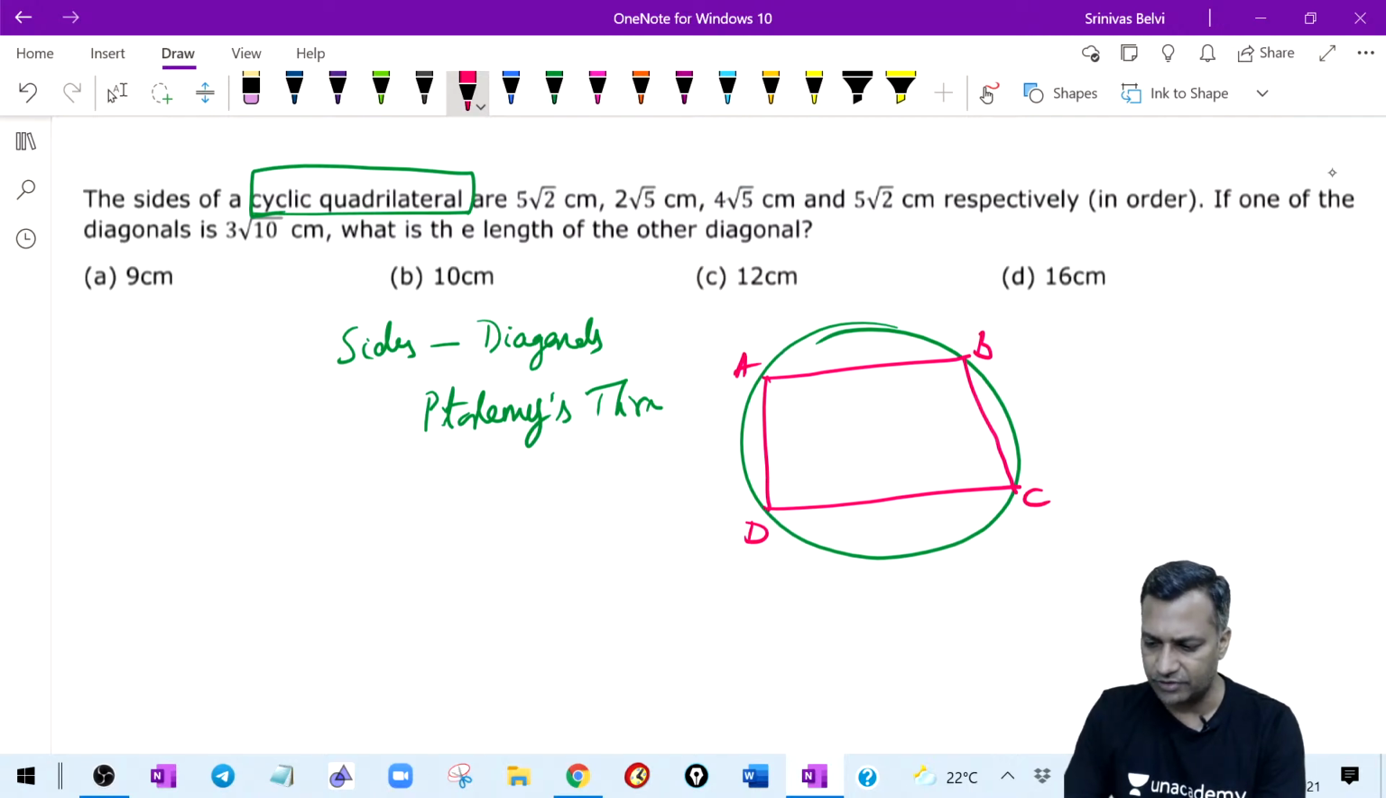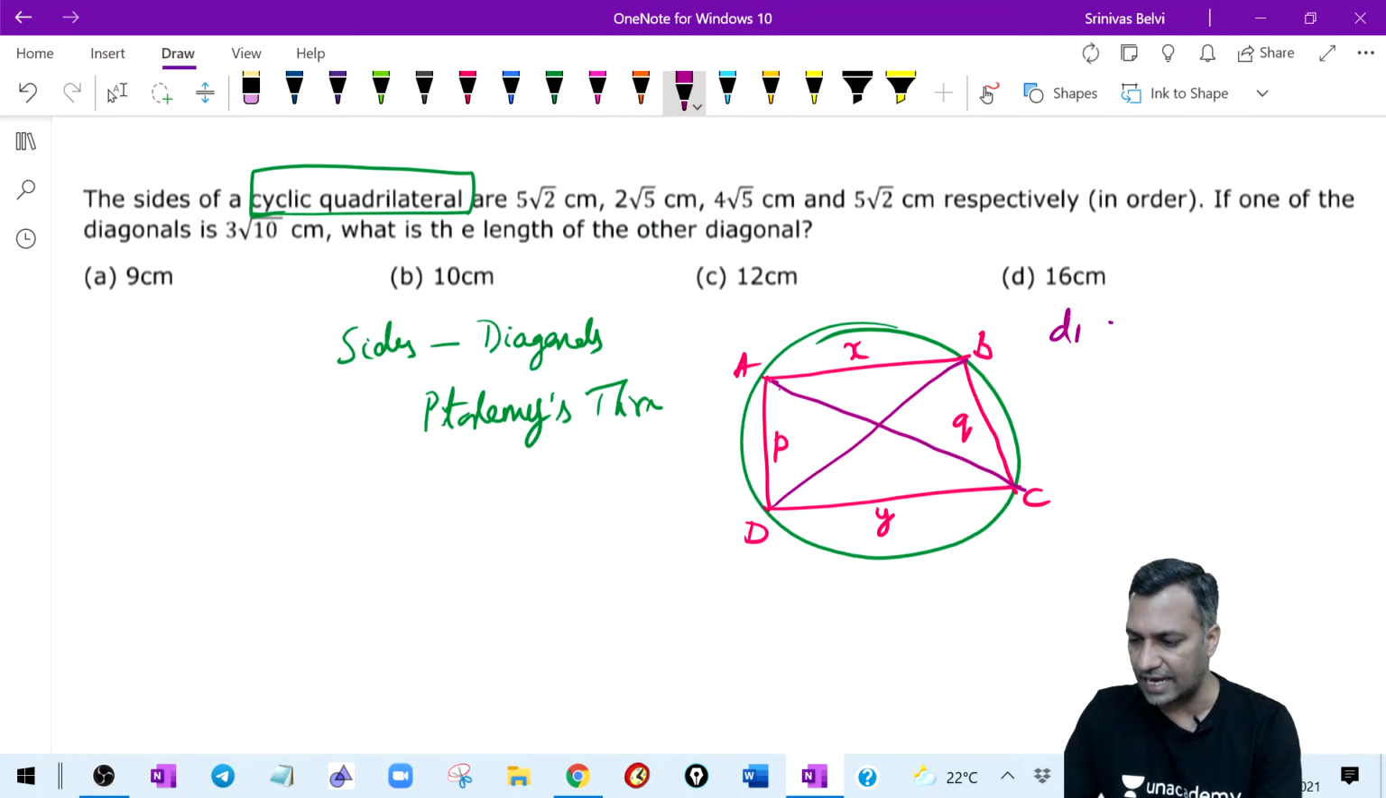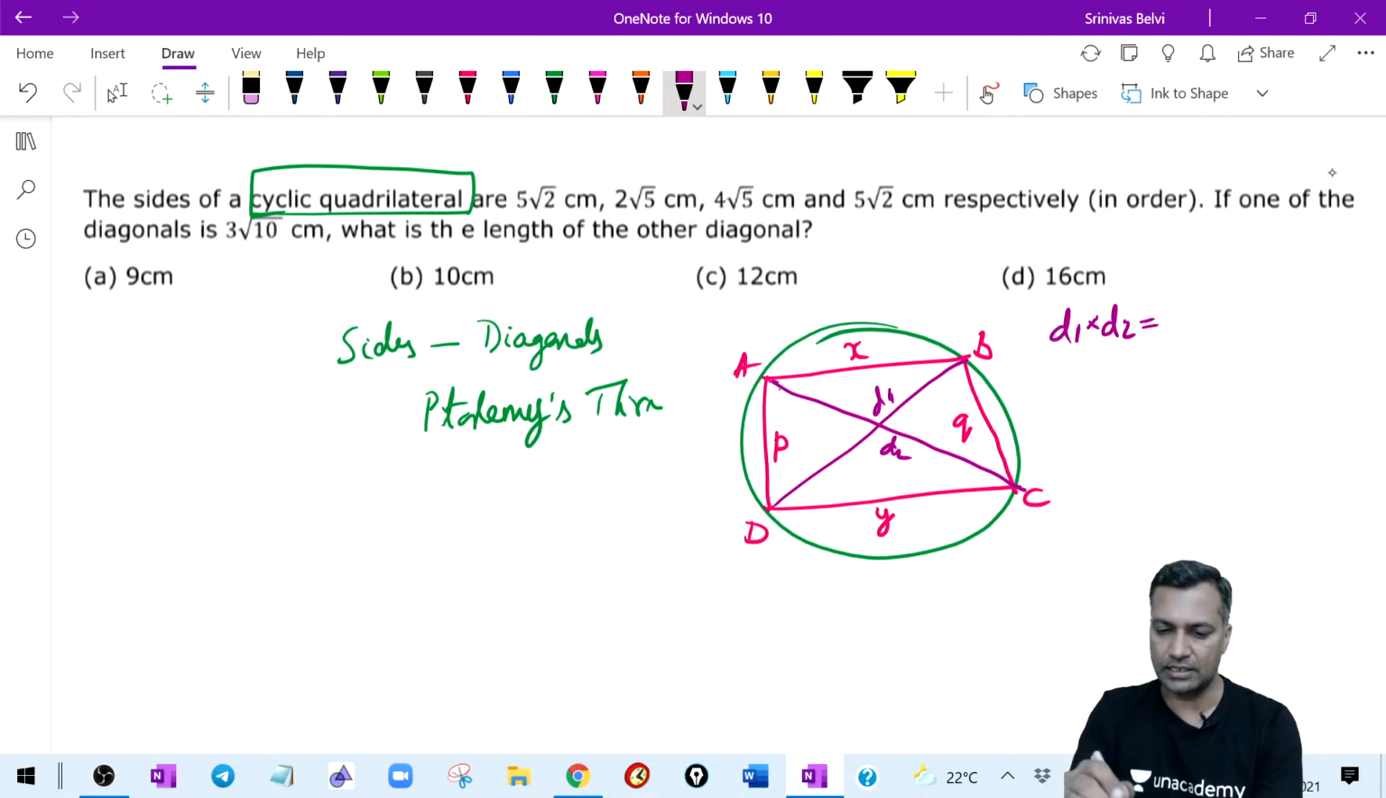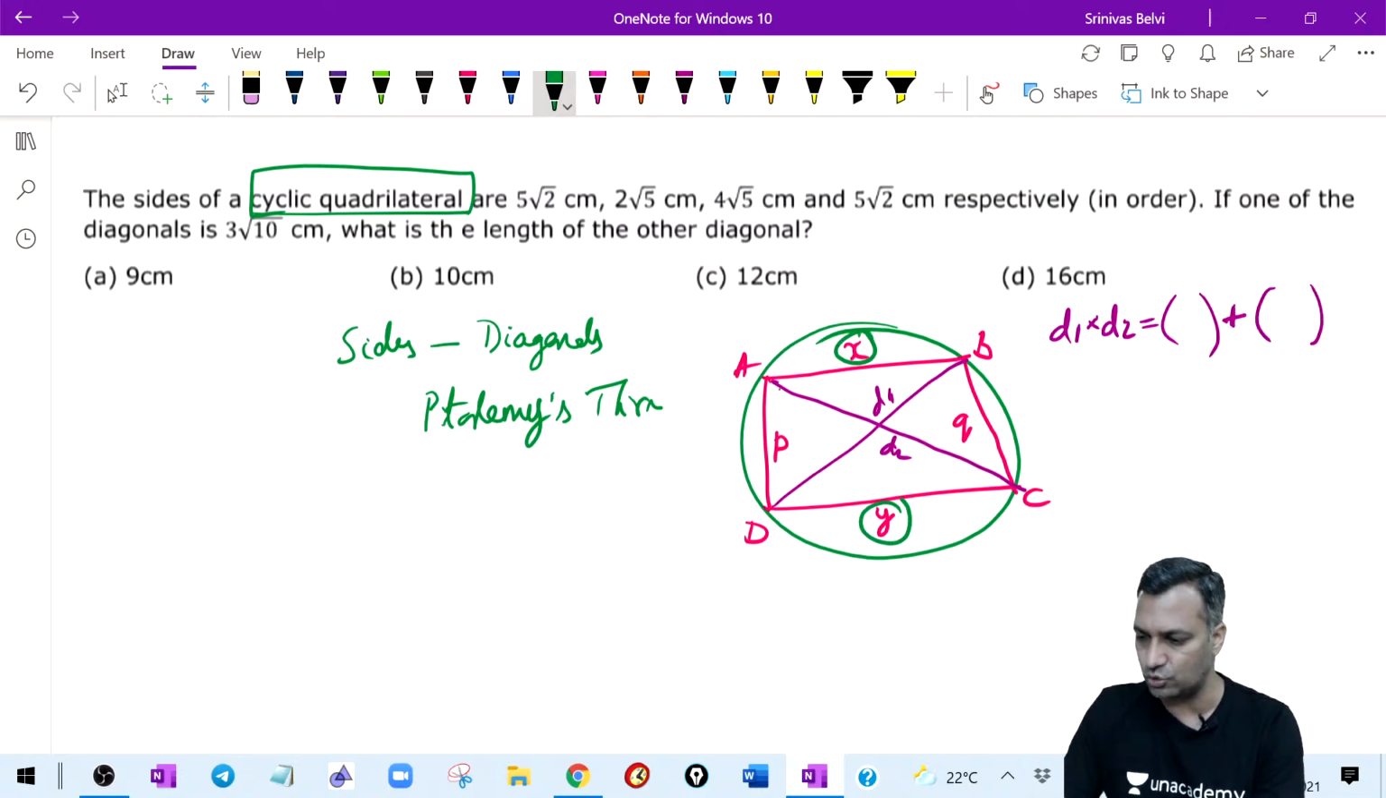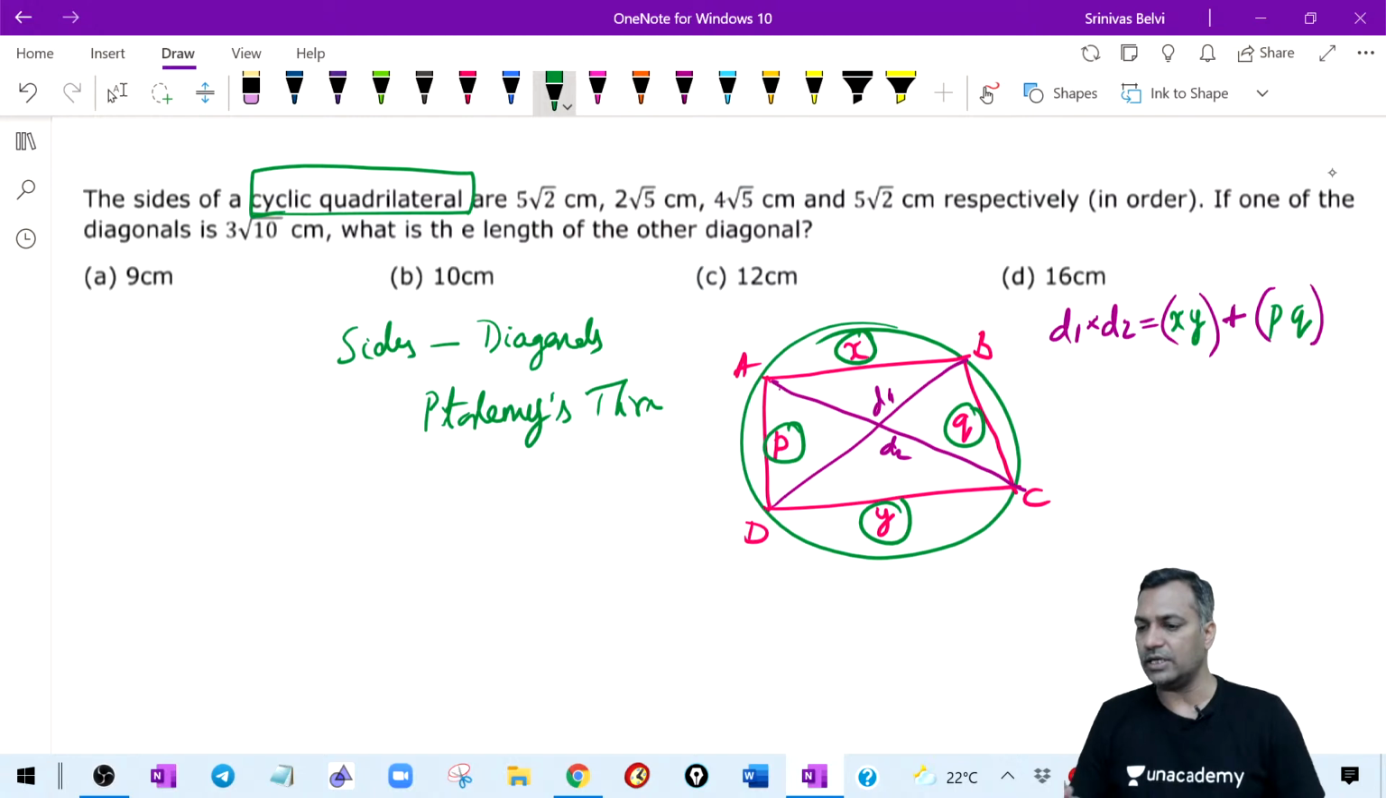Some cyclic quadrilateral. If this particular side is X and the opposite side is Y, and another side here is P and the opposite side is Q, then I have the diagonals D1 and D2. Product of the diagonals is nothing but the sum of the product of the opposite sides, that is X into Y, and then you also take P and Q. This is the product of the diagonals is nothing but the sum of the product of the opposite sides. True only in cyclic